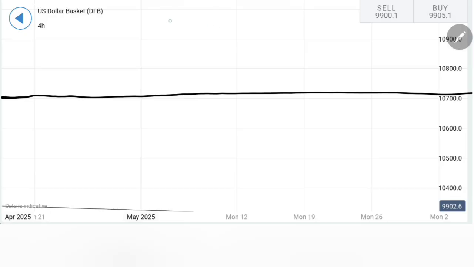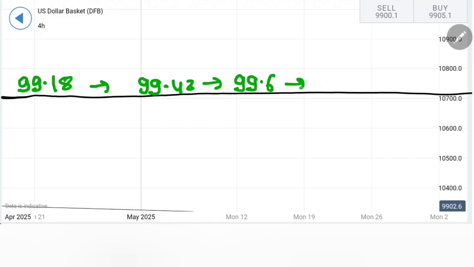So now let's talk about the levels to buy. See, you can buy here at 99.18. What you can look forward to next? I will look forward to 99.4 to 99.6. If this is taken, you can stay bullish for 100, and if 100 is taken, I will look forward to 100.5. Beyond 100.5, the next targets are going to be directly towards 101, and if 101 is taken, stay